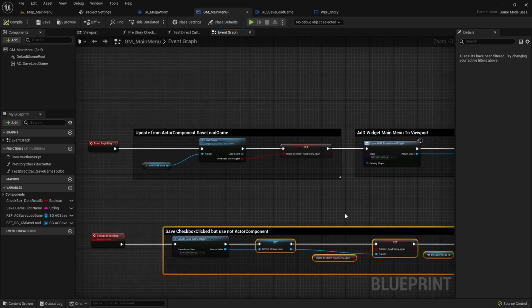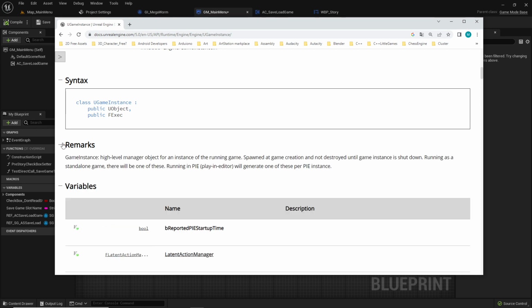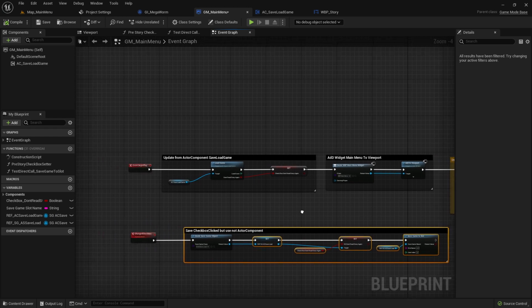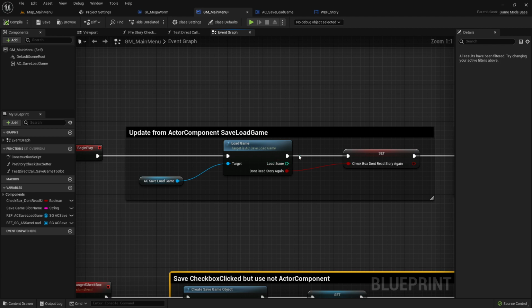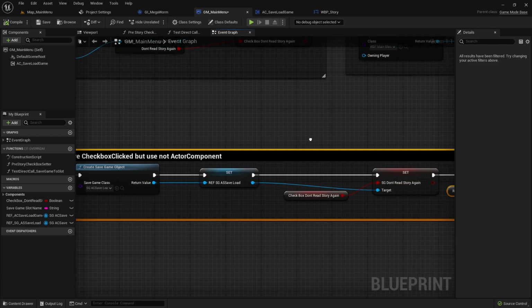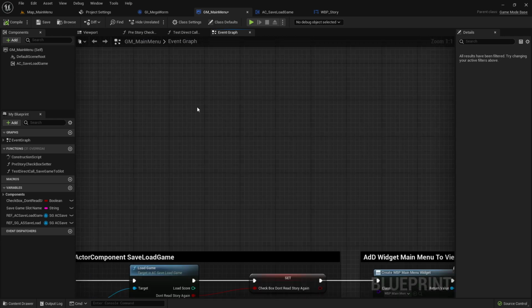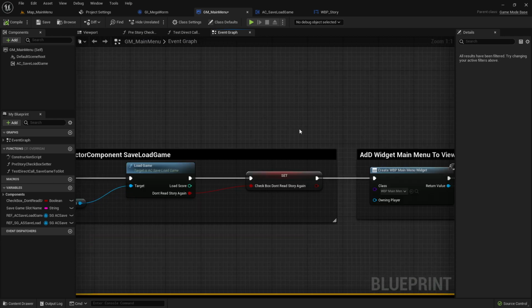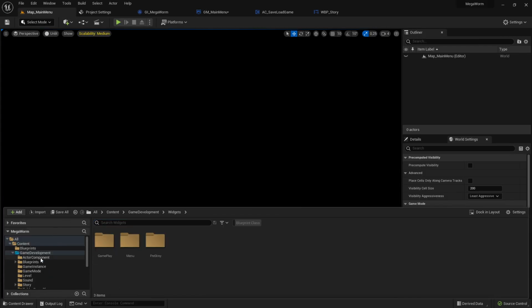And to avoid this, instead of calling save game all the time, they use this game instance. And now it makes a little bit more sense why it is called a high level manager, because instead of calling save to slot all the time, you just save all the different changes. For example, the score is changing, you checked the checkbox, and you have a million other things to save. Save all this to another object,